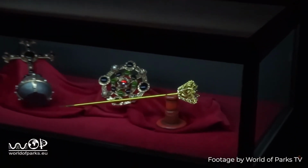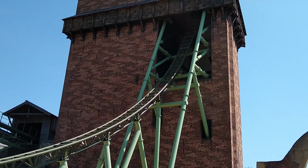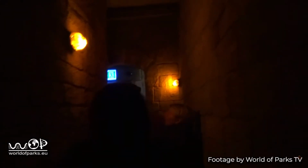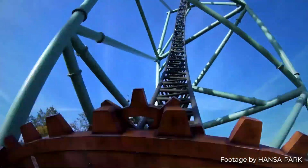I don't want to spoil too much about the secrets of this ride, but inside the tower and down below the ground, the theming is just beyond this world. It's the most epic theming I've experienced in the queue line and when you board the ride. And it also has some great surprises waiting for you inside that darkness before you get into that massive non-inverting sea serpent roll. I think Gröna is one of the best roller coaster experiences on earth